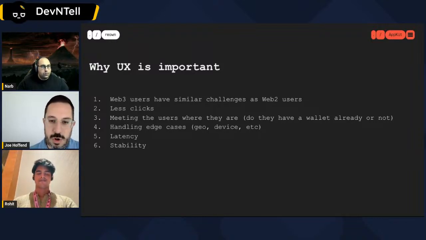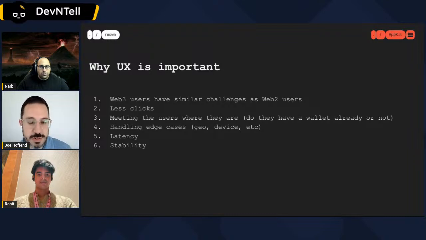We are always looking at certain tactics, such as how can we reduce the number of clicks. A few months ago, we released something called One Click Auth. This takes a 2-click experience of connecting to a dApp and then signing a message to prove you own the wallet down to 1 click. It combines those two into one.